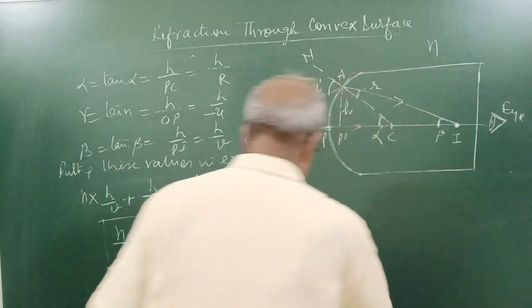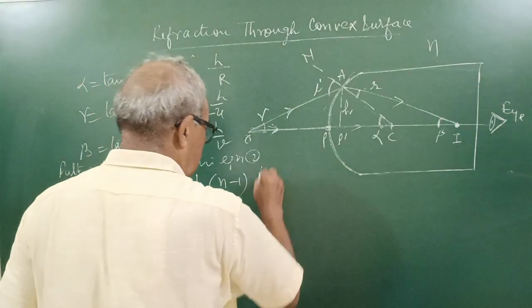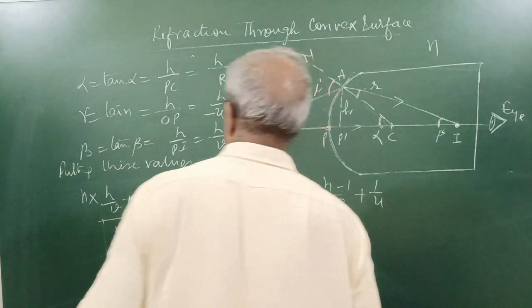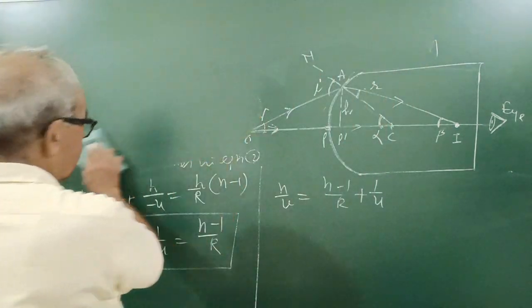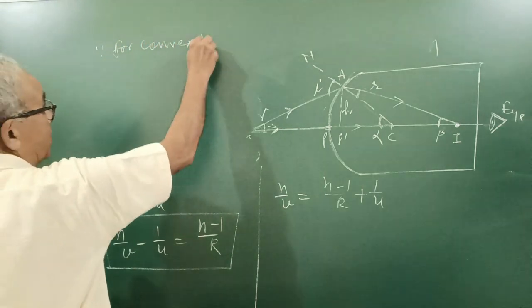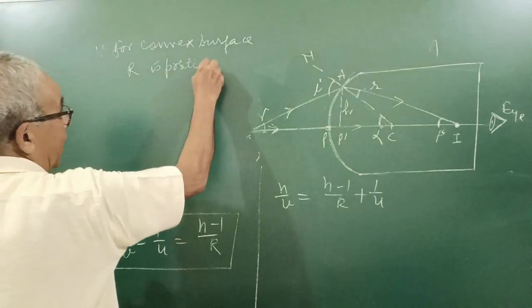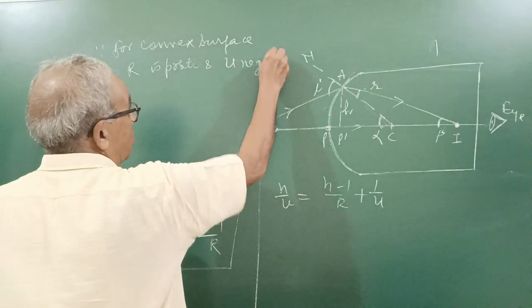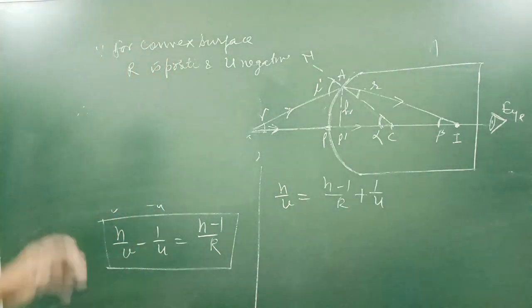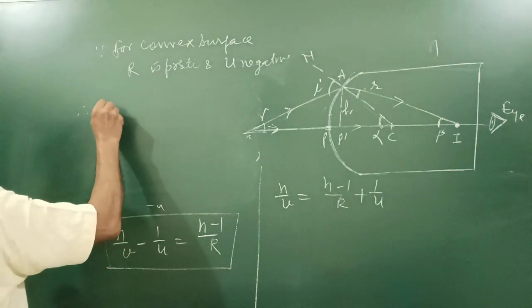So from here, n upon v equals n minus 1 upon r plus 1 upon u for a convex surface, since for a convex surface r is positive and u is negative, and hence if n is greater than 1,